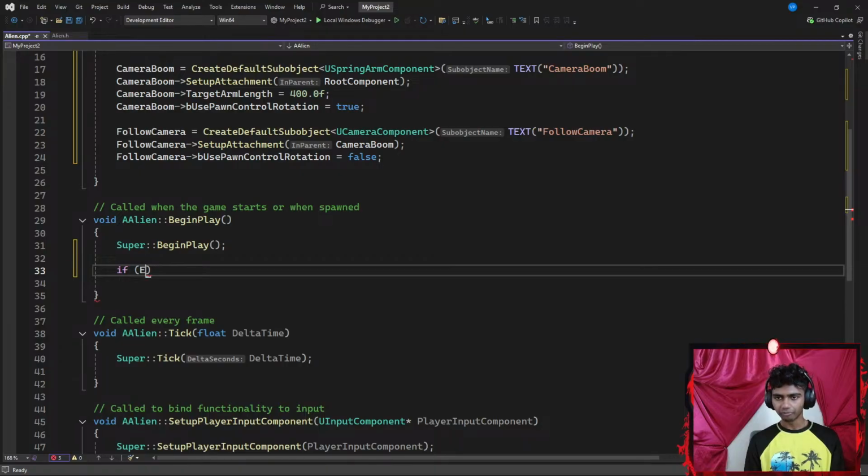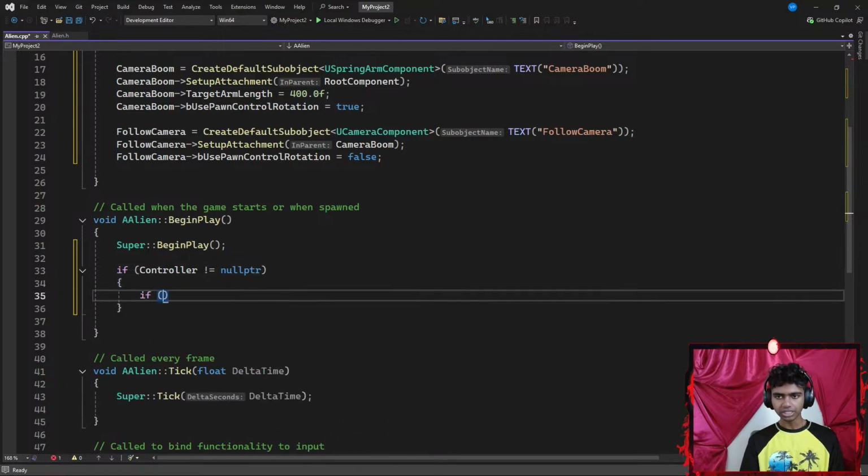I'm gonna check if my U enhanced. Okay, here's the thing. Before my U enhanced, I want to check something for my controller. So I'm gonna check something like if my controller is not equal to, let's go with something like nullptr. Only if my controller is not equal to nullptr, which means nothing, then I'm going to go ahead and do something. I'm going to add a pair of curly braces with an if statement that checks if my U